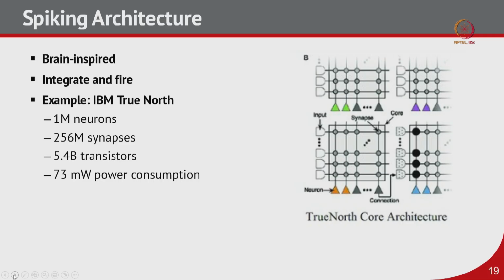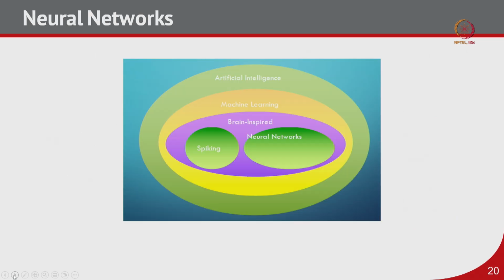Okay, so in the previous segment we saw the topics we will discuss in the course, and then we started with a brief background on ML algorithms. After that we discussed the history of ML. So, we stopped at spiking architecture. If you remember, spiking architecture tries to mimic the brain, and now we will see the next after spiking, which is nothing but the neural network, and we will see that in the entire course we will build on this topic of neural networks.